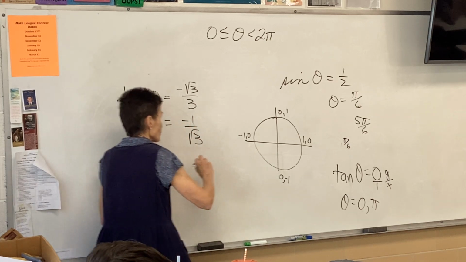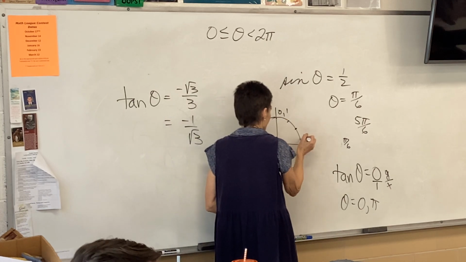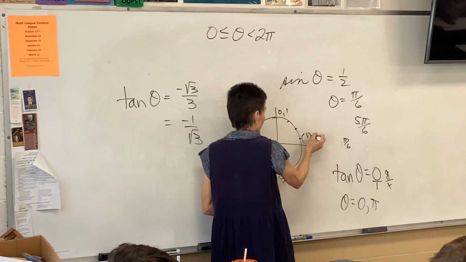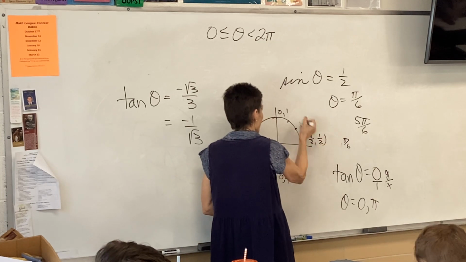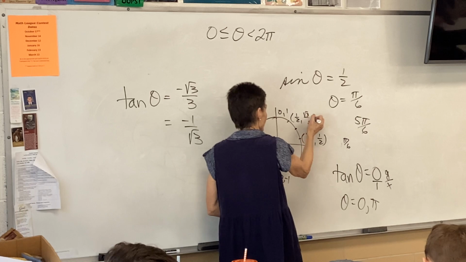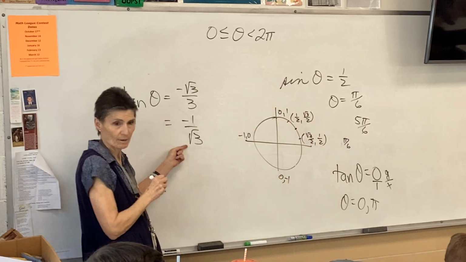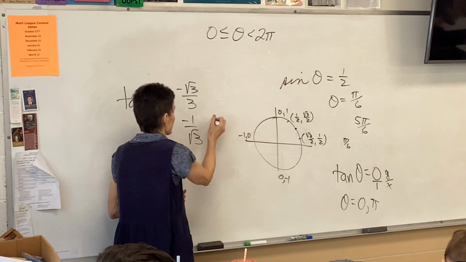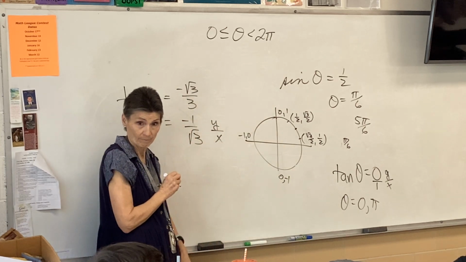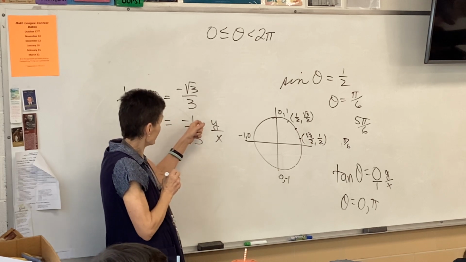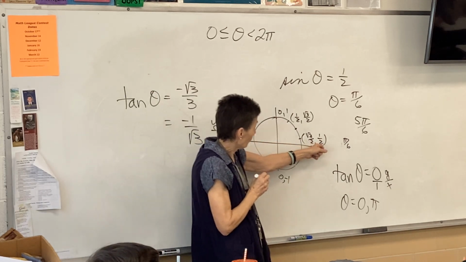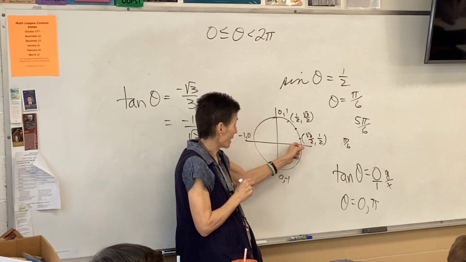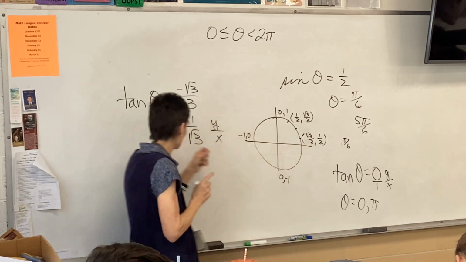If you're thinking about your circle, this point is root 3 over 2, 1/2. And this one is 1/2, root 3 over 2. It's got to be one of those because it's got to have root 3 in it. Now, remembering that tangent is y over x, if I put y over x, won't that be 1 over root 3? So my angle's pi over 6, but it's a negative,